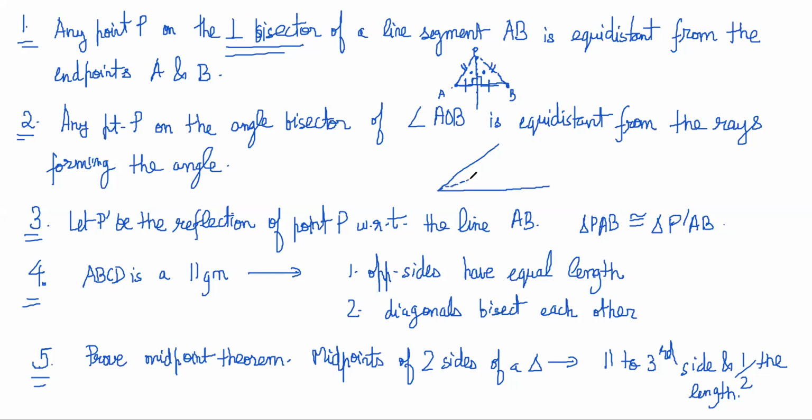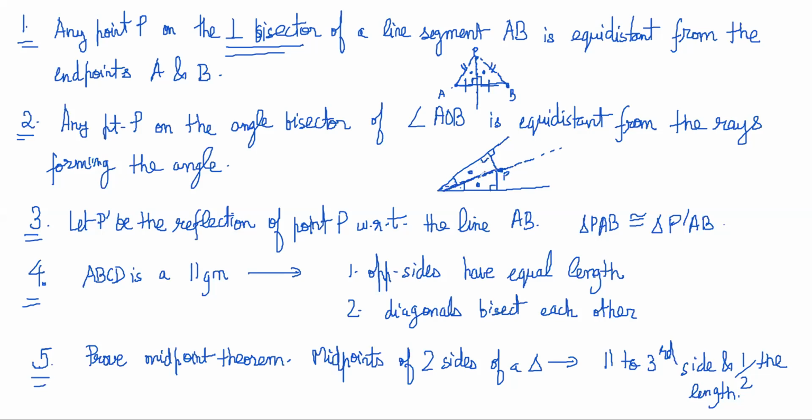Now the second one also, similarly, there is an angle. This is an angle bisector. Let's put a point here and drop a perpendicular from it. This is the distance of this point from this ray, no? And similarly, this is the distance from this ray. So again, this is an angle bisector, so this angle is equal to this angle. There is a common side, and there is a 90-degree angle. So similar triangles are happening, because two angles are matching, and there is a common side here, right?